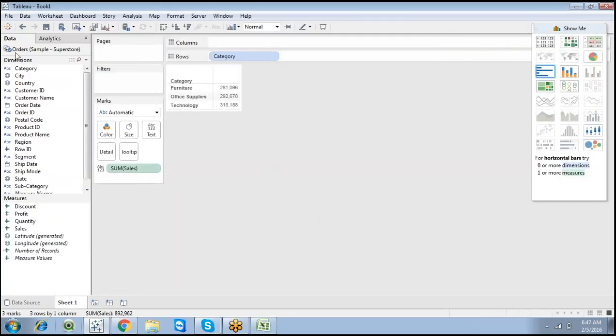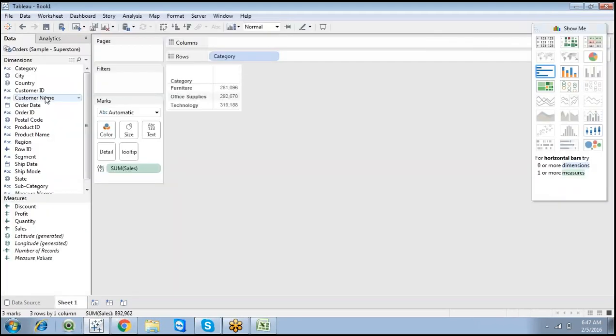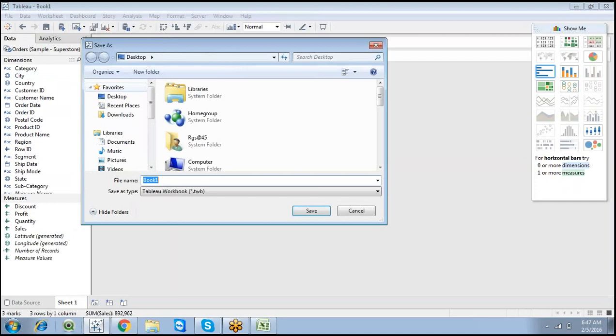Now you can see the symbol, Orders Sample Superstore. Go to the data source, click on Sheet 1. I want to save this workbook as February_2016, the same as my workbook. Go with the Tableau Packaged Workbook.